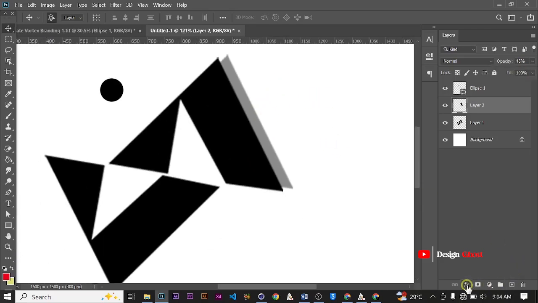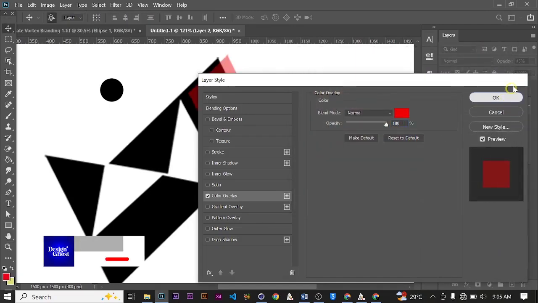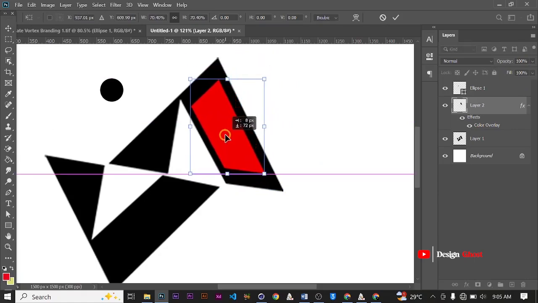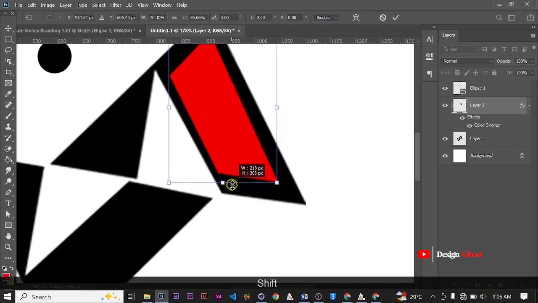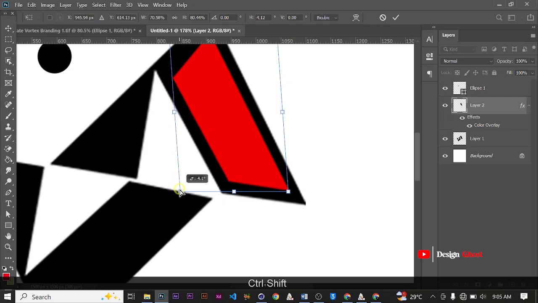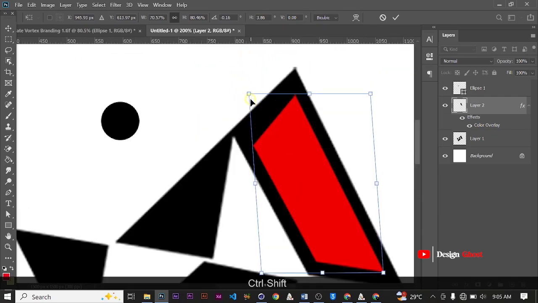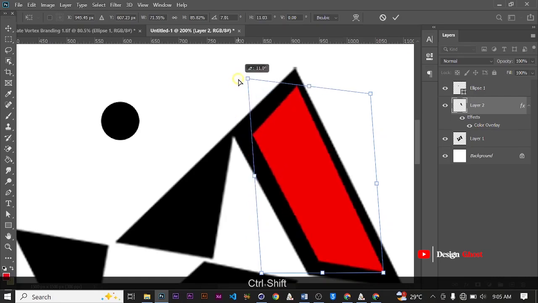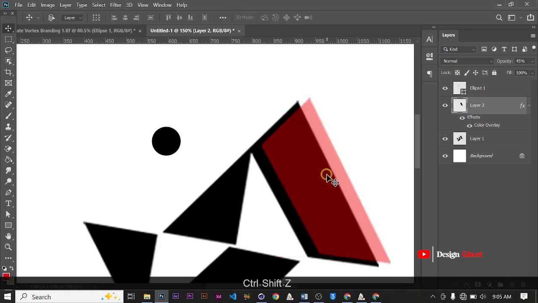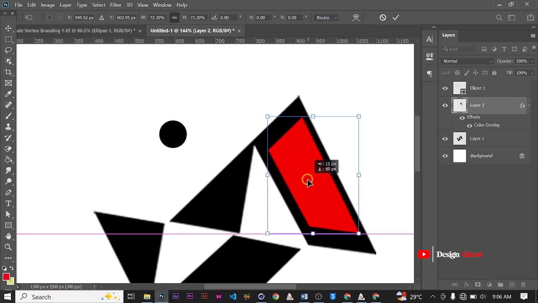So color overlay, red, fine. Let's increase the opacity. Let's decrease it a bit. Okay,